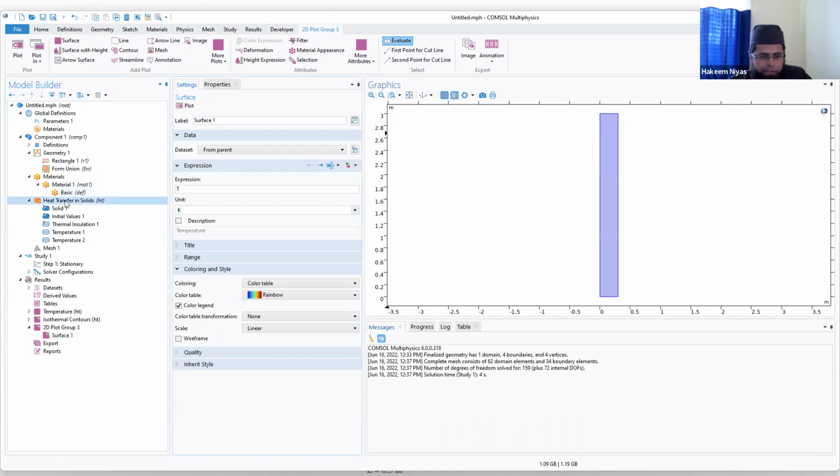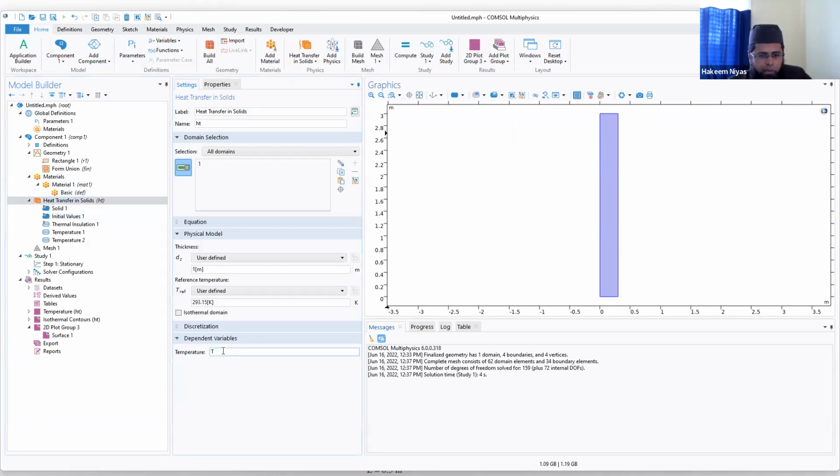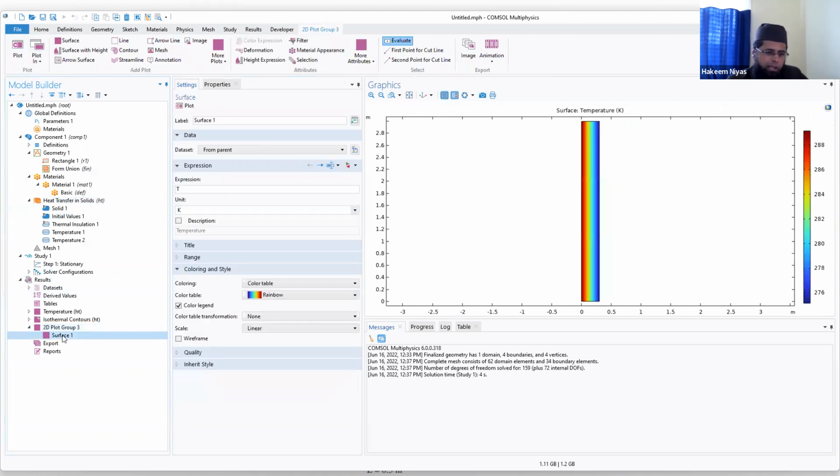Because in the physics, the default dependent variable is T. I hope you all can see this, right? That is why in any result node, whether you add a 3D plot group or 2D plot group, the default thing is temperature. Now I am deleting this temperature and I am going to add